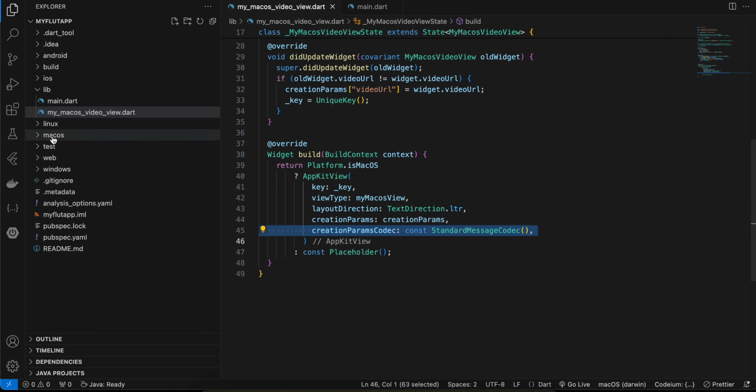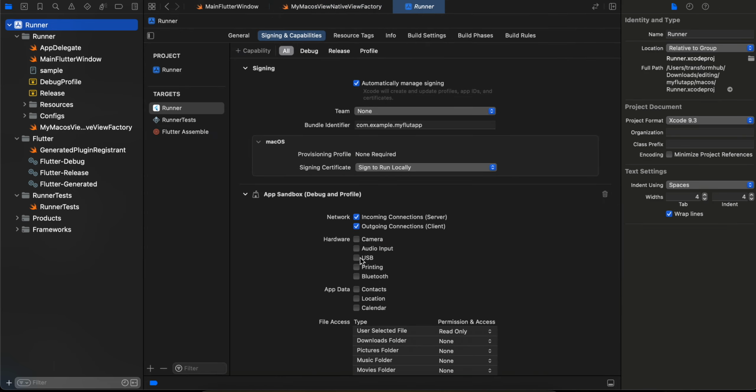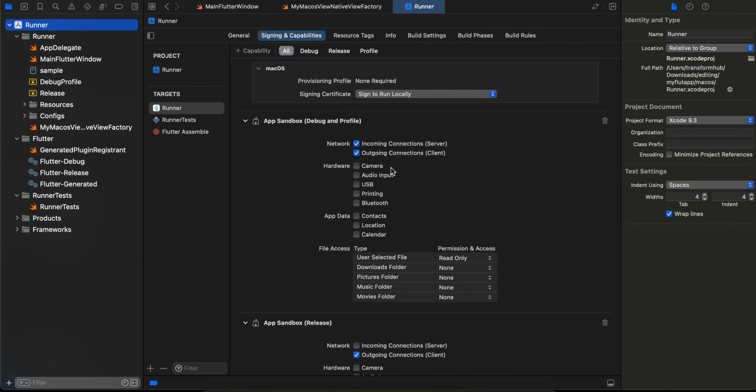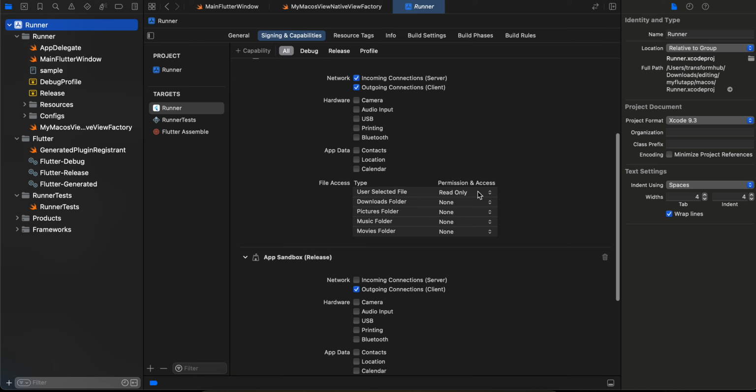Now you will have to open the Xcode workspace of macOS inside Xcode. Firstly, you will have to go to Runner and inside Signing and Capabilities. Now suppose you want to display subtitles from a network URL, you will have to check this checkbox of Outgoing Connections (Client) over here as well as over here, and inside User Selected File you have to make this